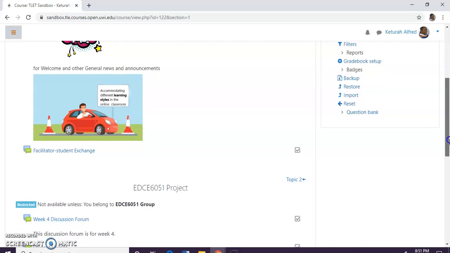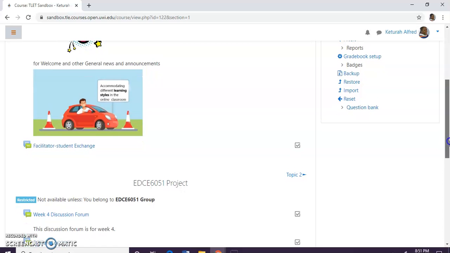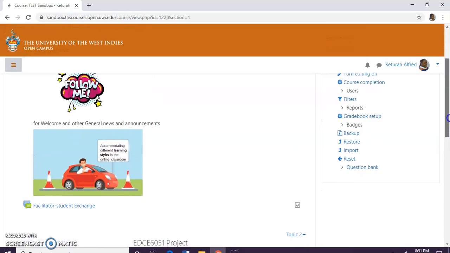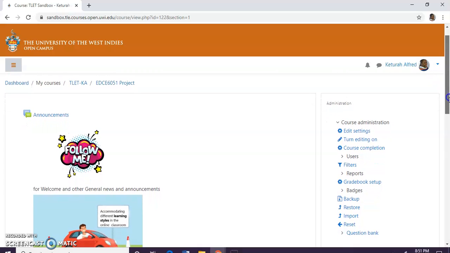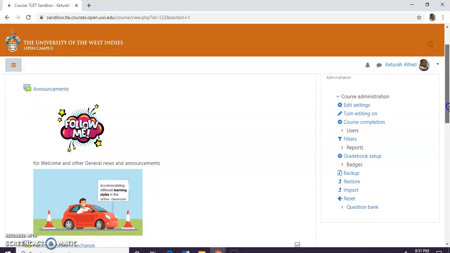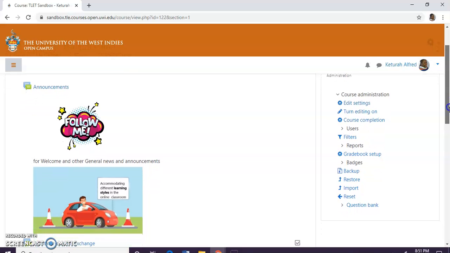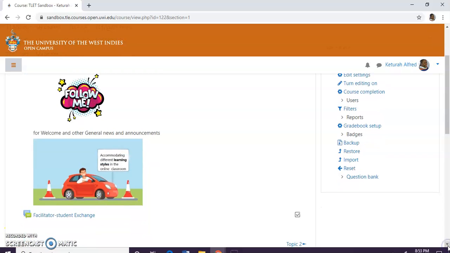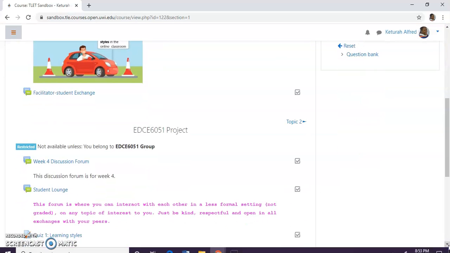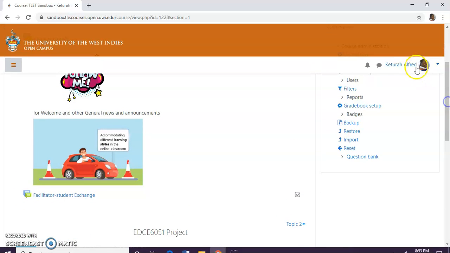So basically, I had an area where there were 4 announcements, and in the announcement area I said basically follow me, welcome, and also general announcements. We had to create an environment that would be attractive and inviting, and so I will look at different areas. So let's look at my profile,